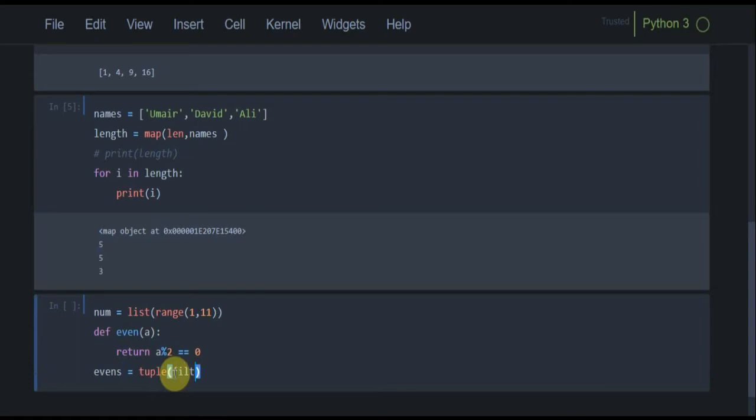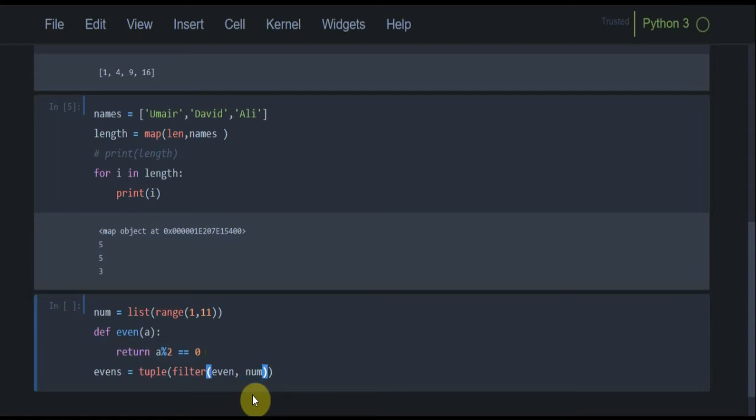So I am using filter. The filter function will take 2 arguments: the name of my function, which defines the operation being performed, so it is even, and the name of the list is num. Alright,